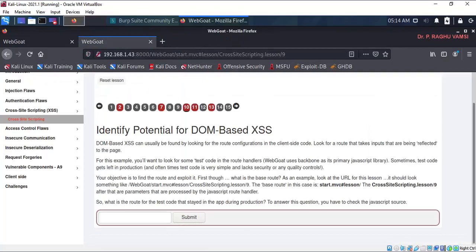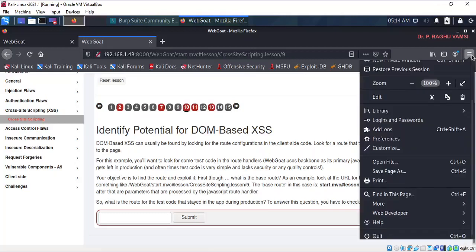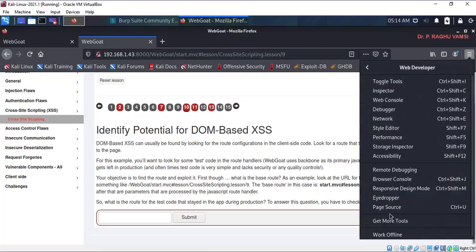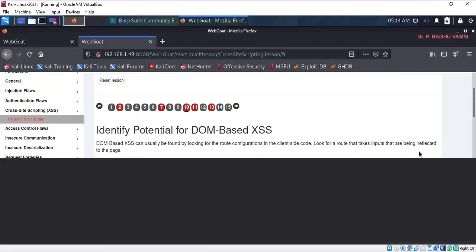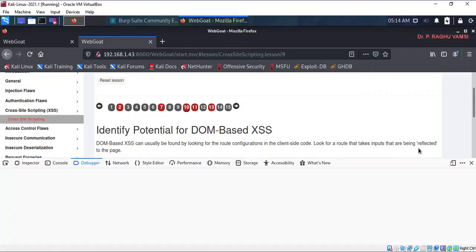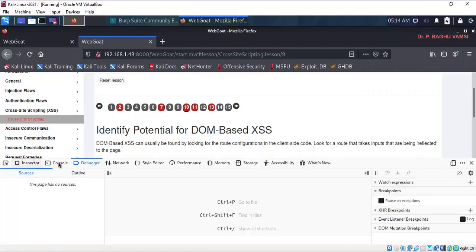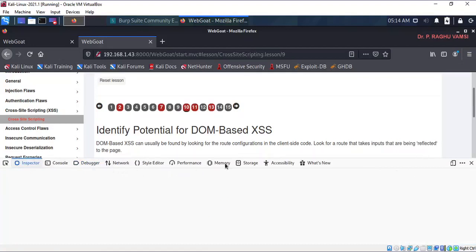Also you can go to the properties, in which you can go to web developer and toggle tools. Under these tools, you will have inspector, console, network, etc. For cookies, we went to the storage and identified the cookies.